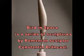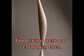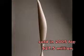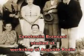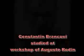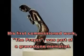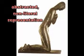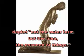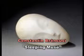Anyway, Steichen brought the sculpture back to the United States, and at the time, American laws said that original artworks were exempt from customs duties, so he didn't have to pay customs. However, customs officials disagreed. They said, you know what, this is not art. This is going to be categorized as kitchen utensils and hospital supplies. Anyways, Steichen had to pay, but of course, he filed a lawsuit afterwards, and during the debate,